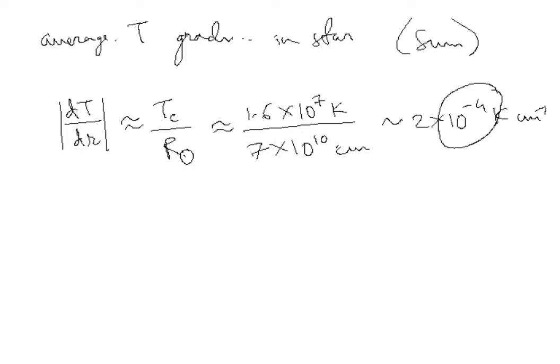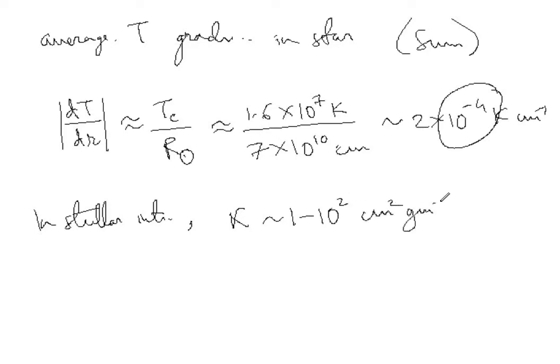So now in stellar interiors, for an average value of opacity coefficient, or the capacity of the matter for absorbing radiation, this is basically opacity. I will have a detailed discussion about this later on in today's class. Now in stellar interior, for an average value of opacity coefficient of the order of 1 to 100 centimeter square per gram and a mean density of the order of 1 gram per centimeter cube, we can get a mean free path,